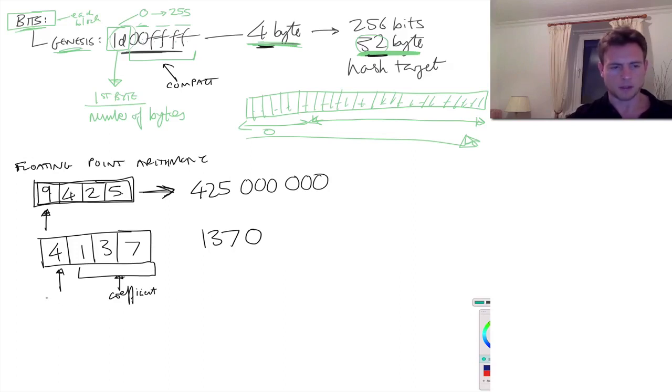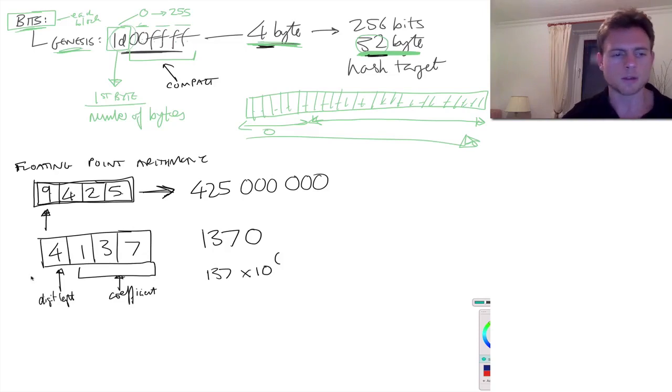So let's say this is our digit length. Our actual number is the coefficient, 137 times 10 to the power... 10 to the power what? It's not the digit length, it's the digit length